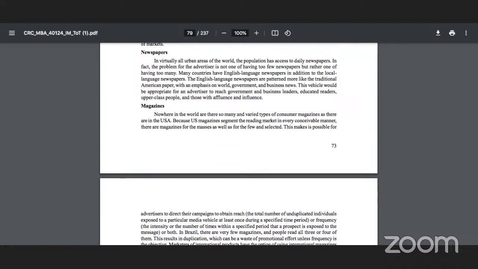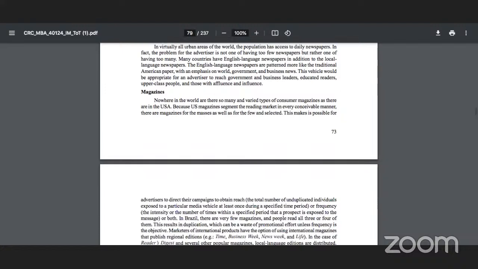So the advertisers may be one or they may be many, but at the same time, newspapers may also have a wide range or choice. Say, for example, again in the US, there are a number of papers, or UK, or even in India, in multiple languages. So many countries have English language newspapers in addition to local language newspapers. And English language newspapers are patterned more like the traditional American paper, with an emphasis on world, government, and business